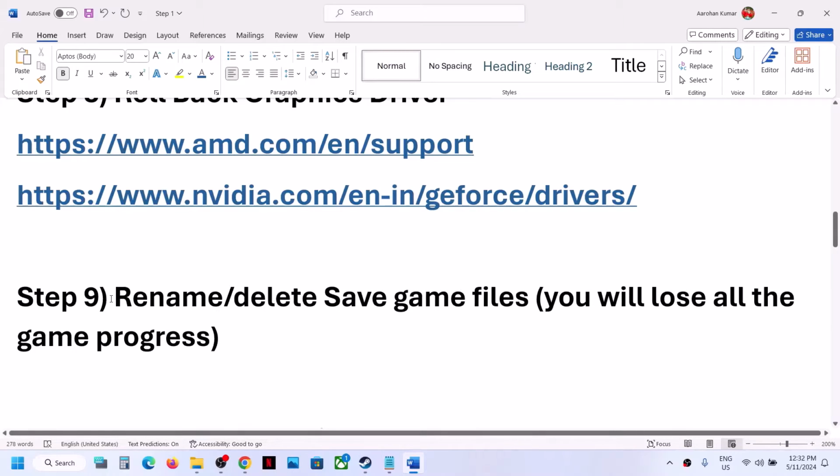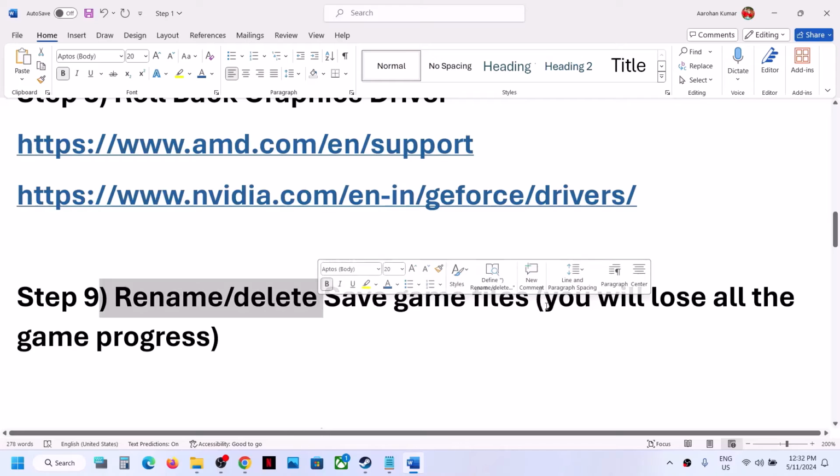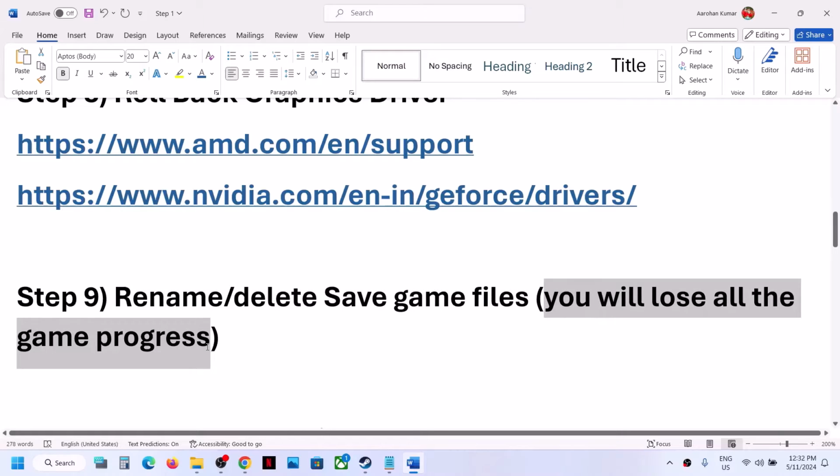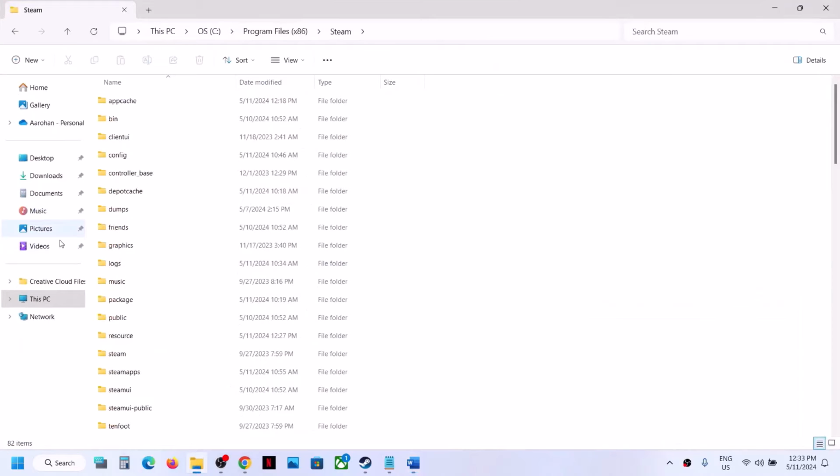Now before you rename or delete the save game file, let me inform you that you will lose all the game progress. You have to start everything from scratch. So only if you agree you can do so. So open File Explorer, go to this PC,